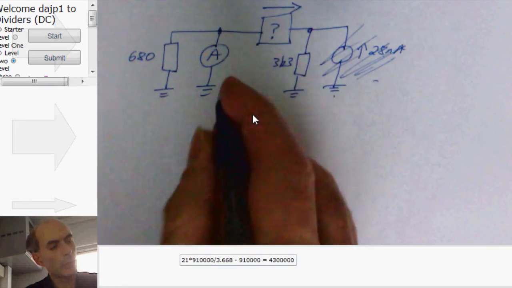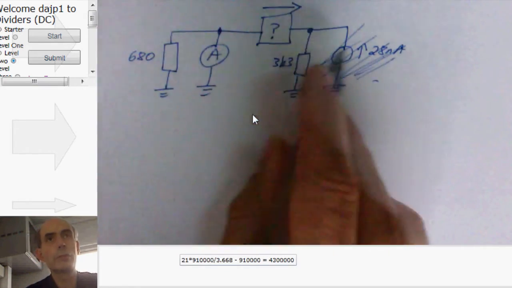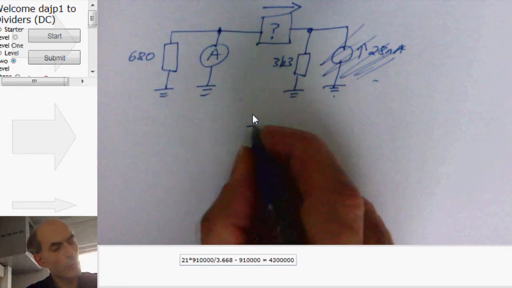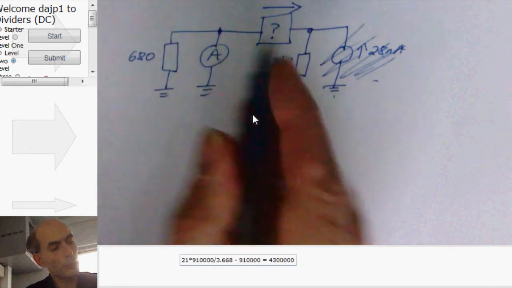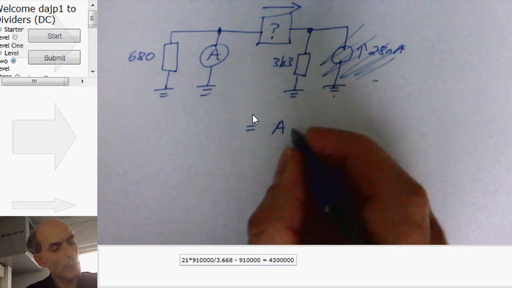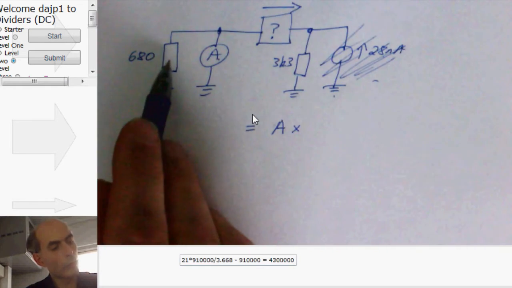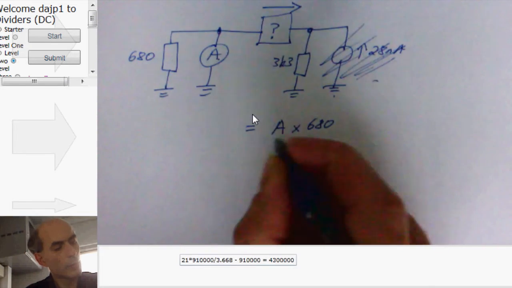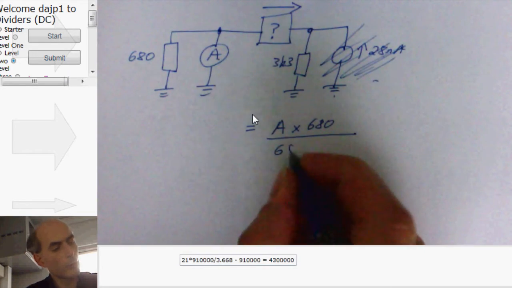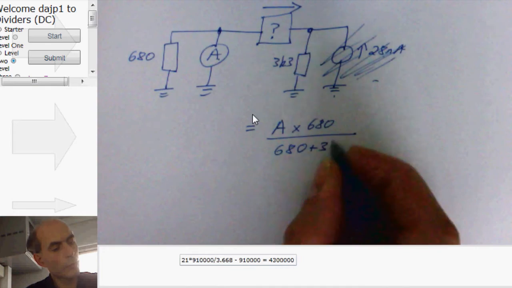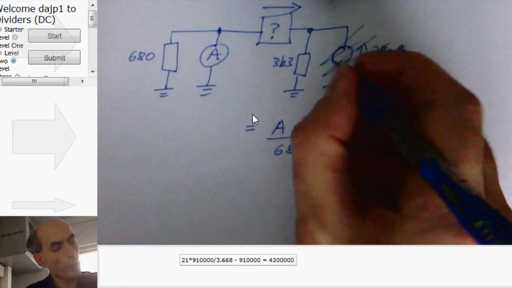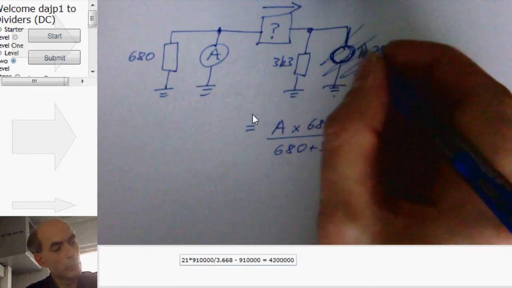And the answer is the standard current divider equation. The current flowing through the ammeter in this case would be the input current, A, multiplied by the resistor that you're not measuring the current through, 680, divided by the total resistance, 680 plus 3K3. And then put this current source back in